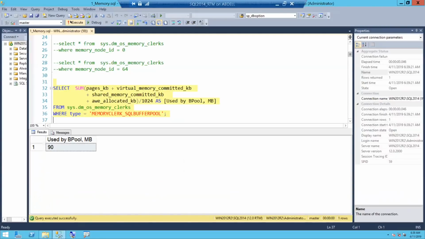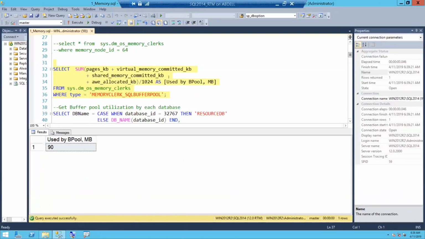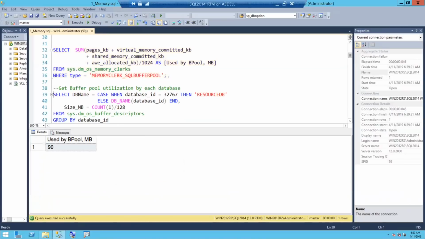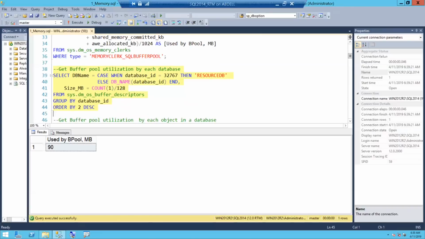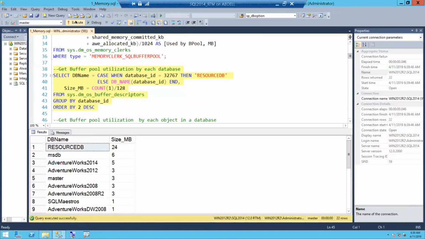So let's do a bit of accounting here. You had like 360 MB being used by the process. Buffer pool is using now 90 MB. And what's the bifurcation of this 90 MB of the buffer pool? So if you know, there is a DMV called sys.dm_os_buffer_descriptors. If you look at line number 42, the DMV is out there. And if I execute this and try to get every page information in this DMV,